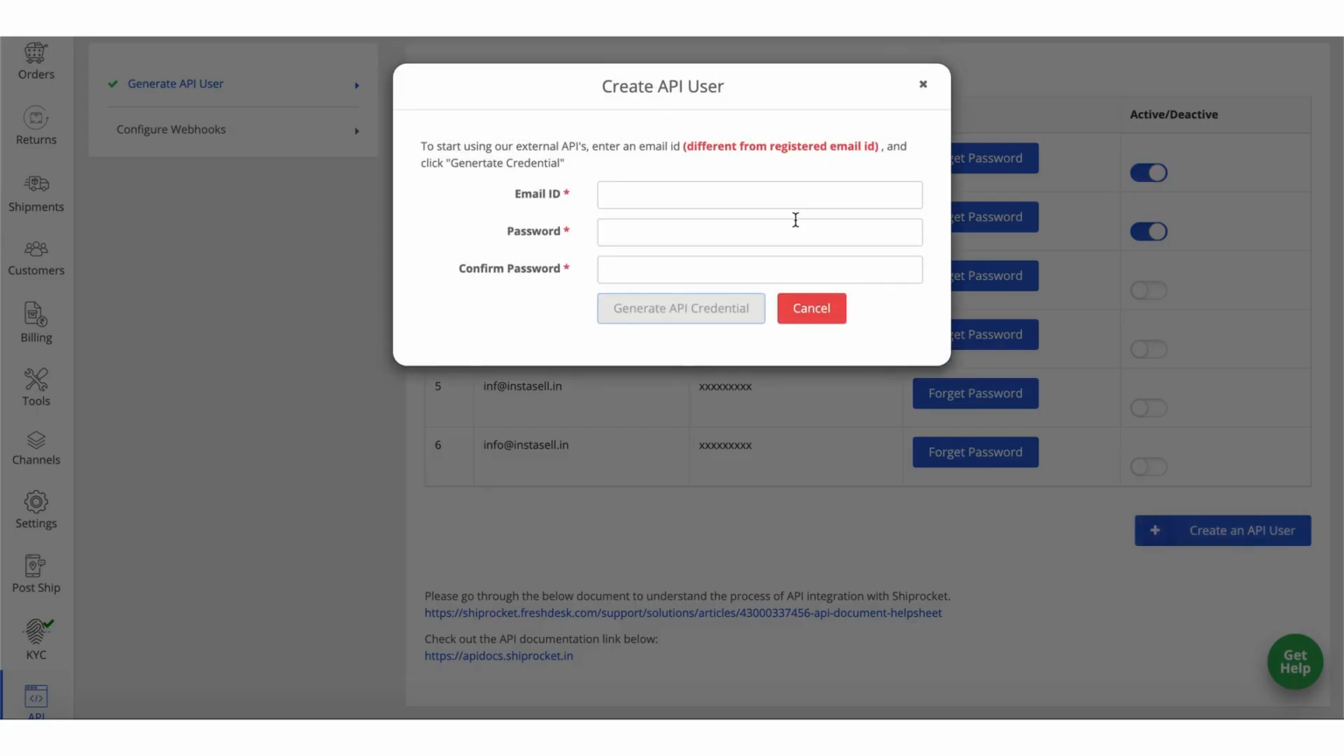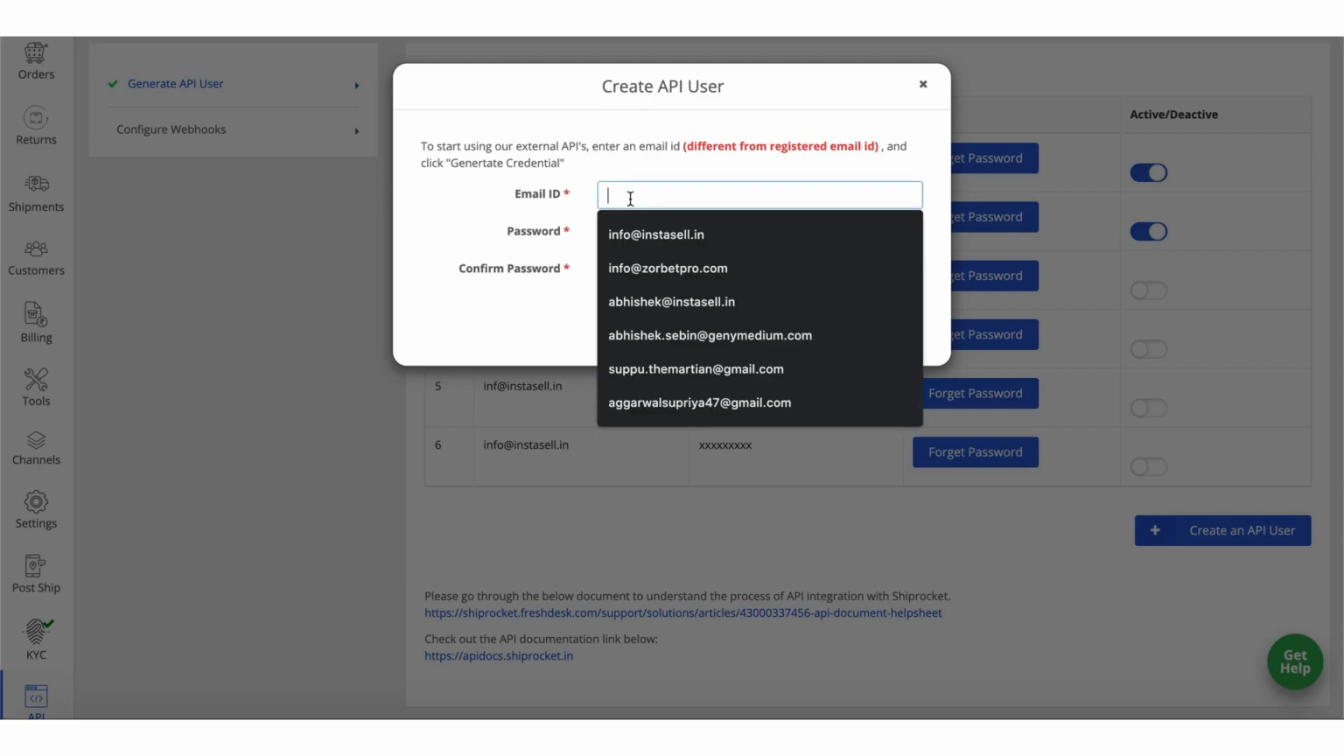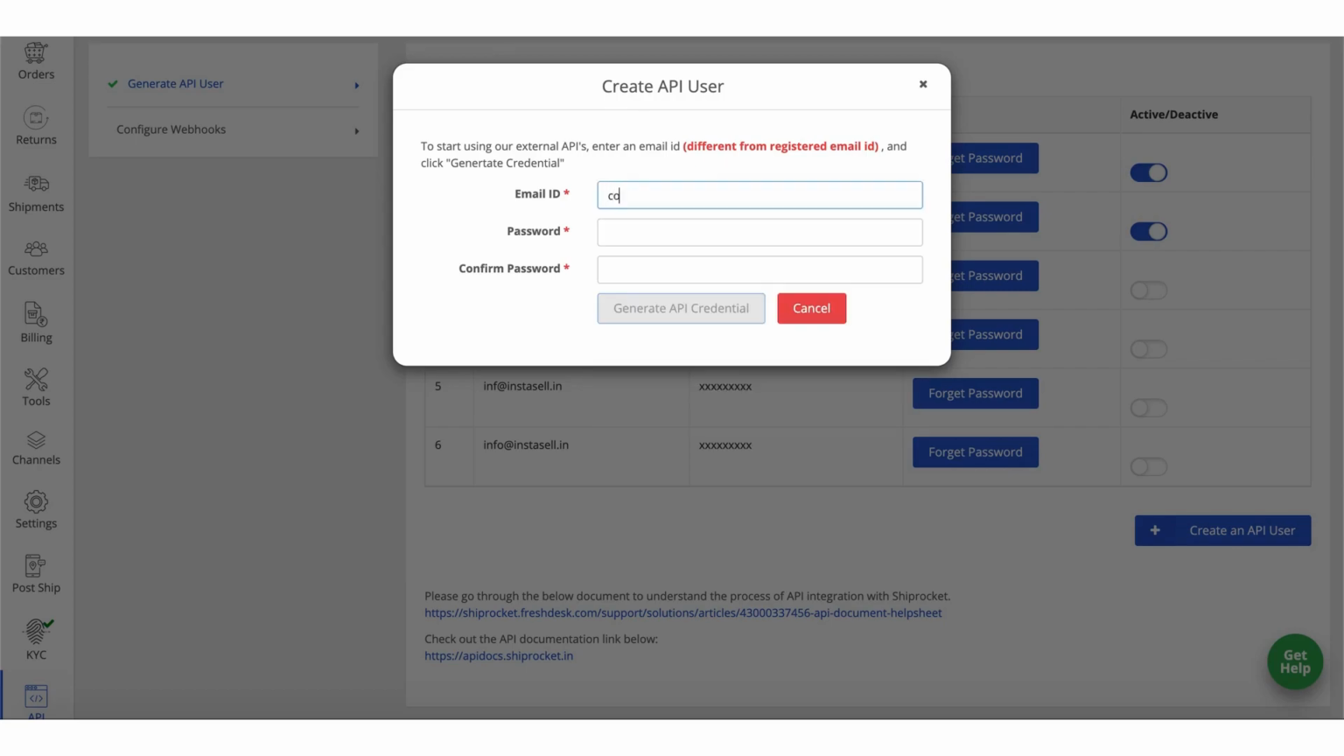Once you click here, they will ask you to enter an email ID and a password. Note that you have to enter a new email ID, not the email ID with which you logged in to the ShipRocket account. You have to use a different email ID. For example, I'll use this